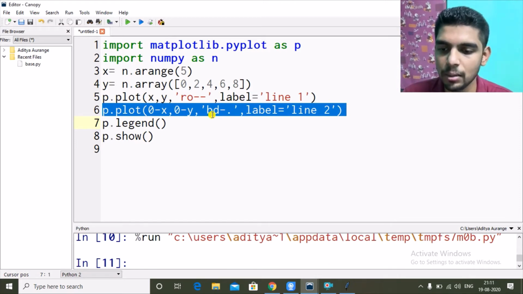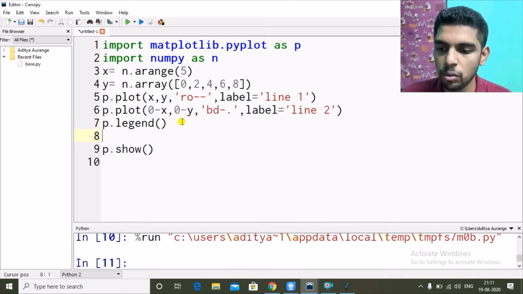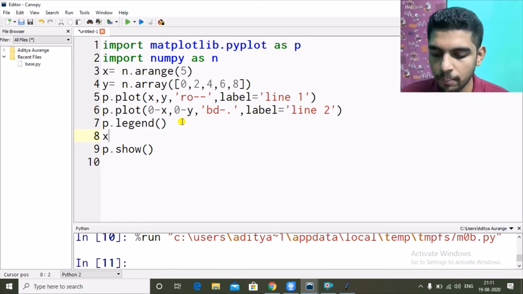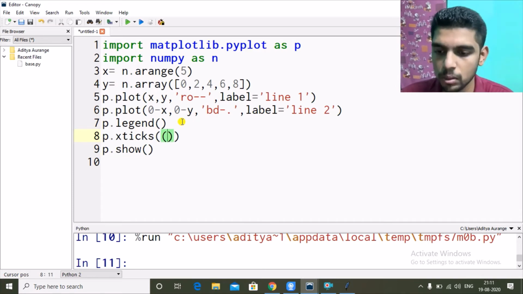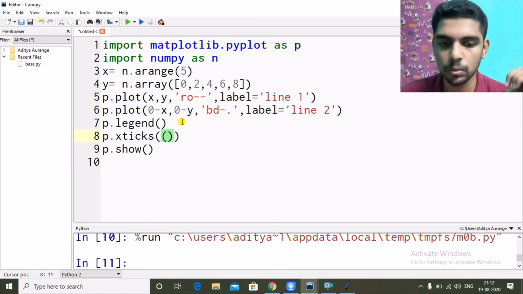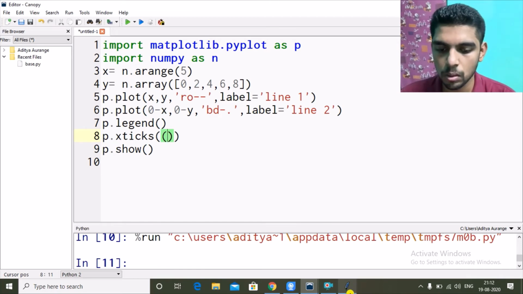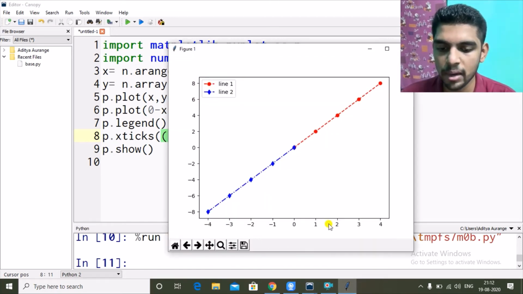How we can do that? So before show, let me give p dot x ticks. So it is x ticks, okay. Then inside that we have to give our values. So in terms of list or in terms of a tuple, so you can give both in terms of any of these two, okay. So our values range from -4 to +4.